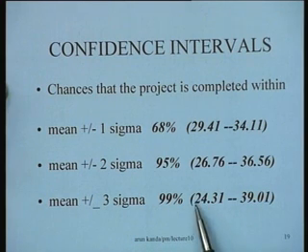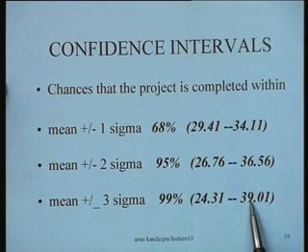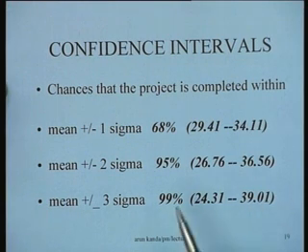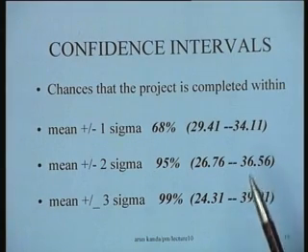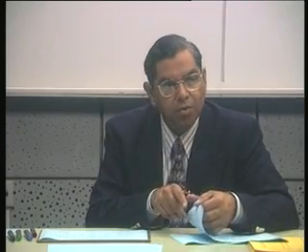So it's quite clear that this particular project has a degree of uncertainty which can be captured by this information, which says minimum of 24 days, maximum of 39 days is what this project is likely to take based on the information pertaining to the uncertainties of the individual activities. This is one of the things which we can very easily say. Now, apart from this analysis, which is in fact very straightforward, we can make some very interesting statements. Let us look at the statements.